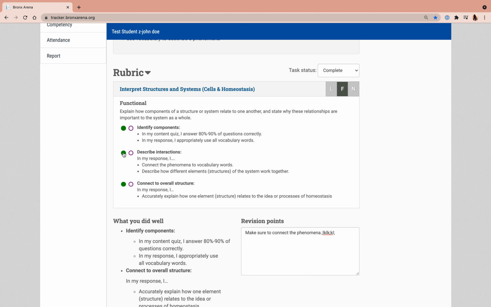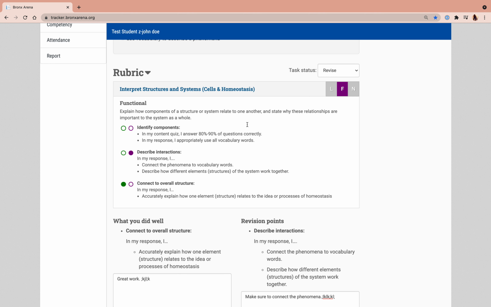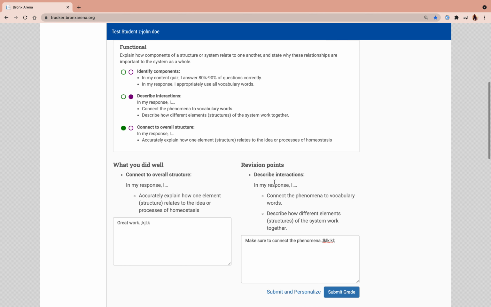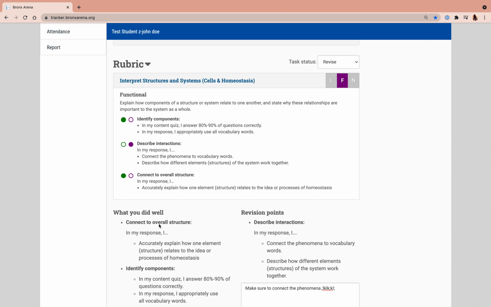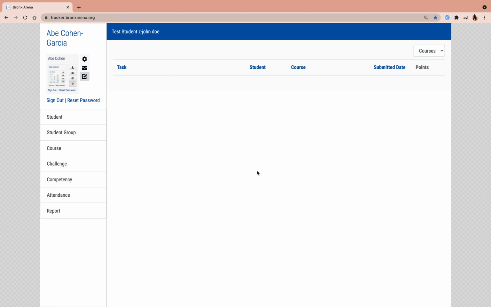If all areas are marked as complete, or if only one of them has been marked as met, the tracker will always say complete unless you mark an area as revise yourself. It's often better to just put it through here, because then it's much easier to give feedback to students. As I submit the grade, this will go back to the student. It's taken out of my to-do box here. And then on the student end,